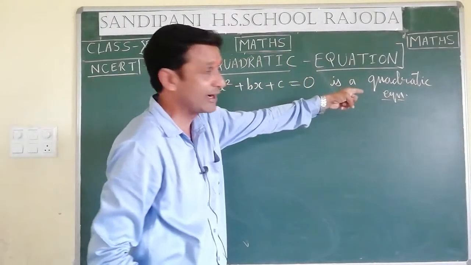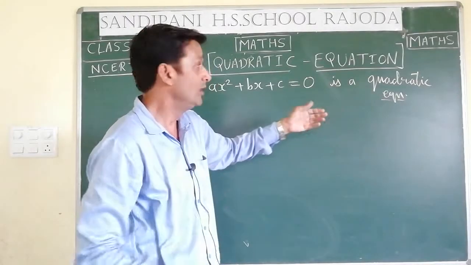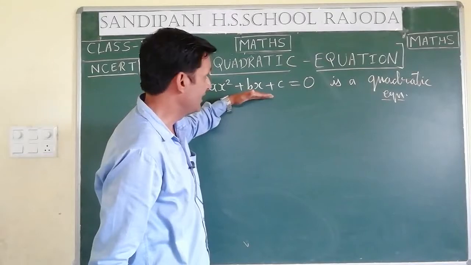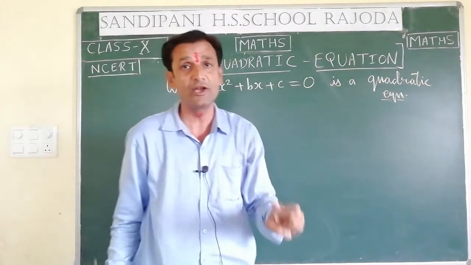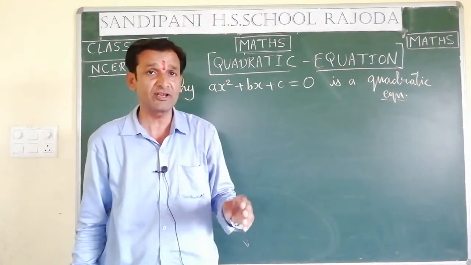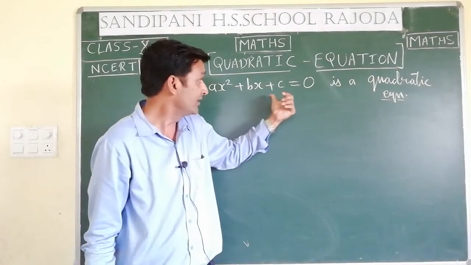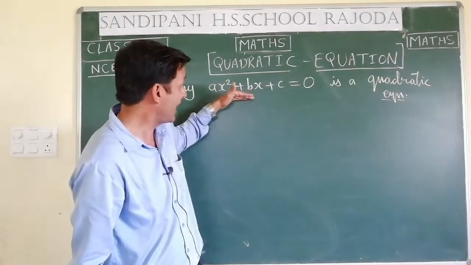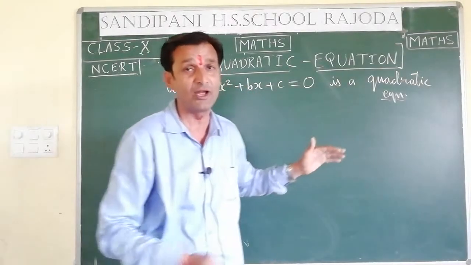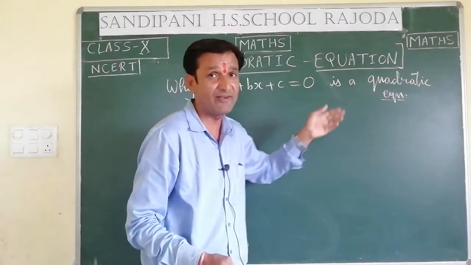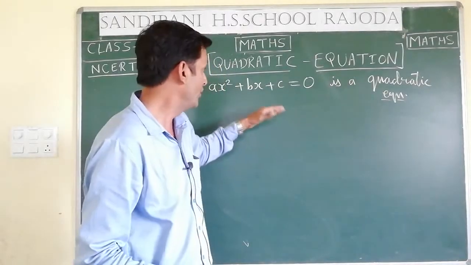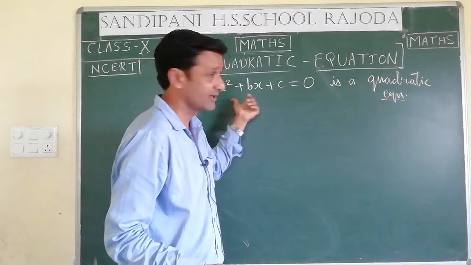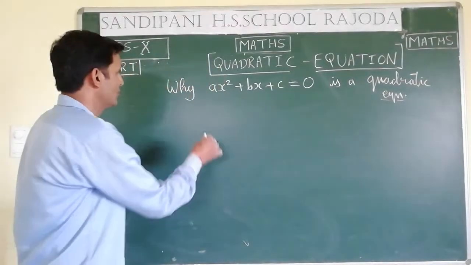Then why it is quadratic, that we will prove. Quadratic means if any equation is having two values, then it is called quadratic equation. Means we have to prove here that we are getting two values from this or not, because I have considered here the standard form only, and from standard form I will explain how to find the two different values from this standard form.